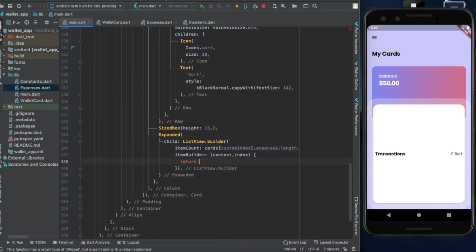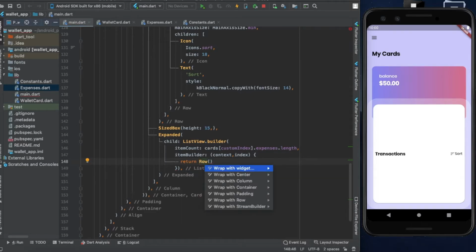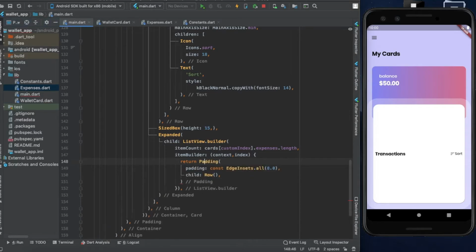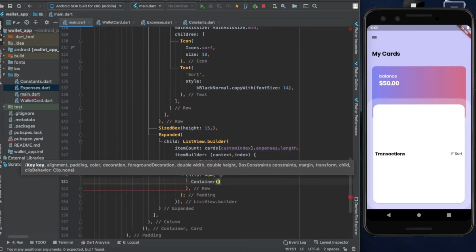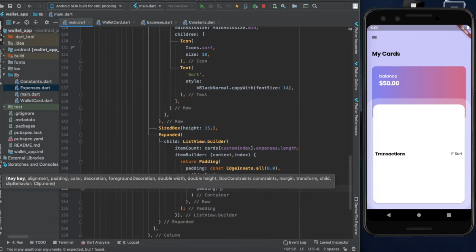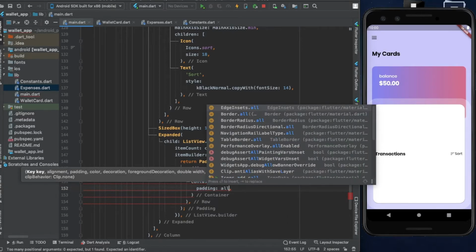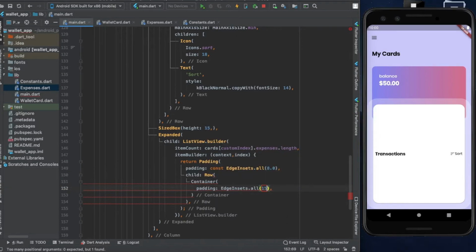So in this case I'm going to return a row. The row will be wrapped by padding, and the first child of the row is going to be a container. So the container will have a padding of 15 on all sides,